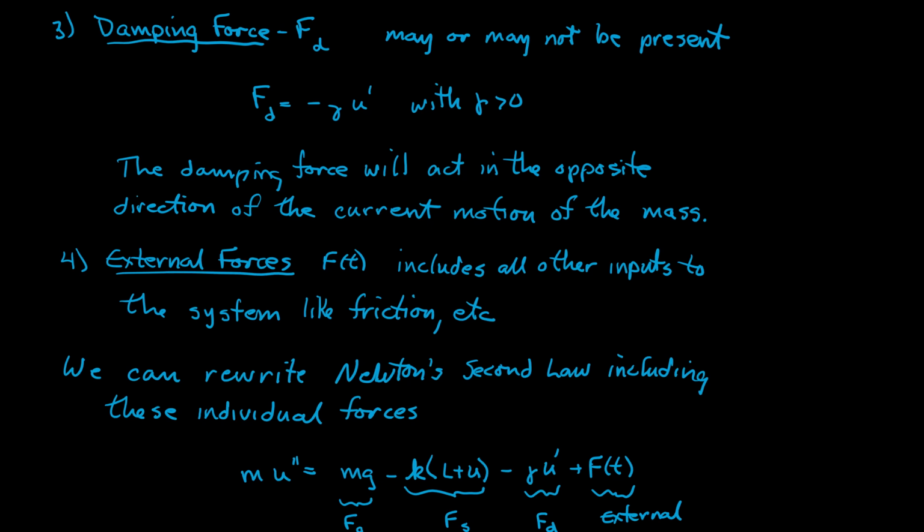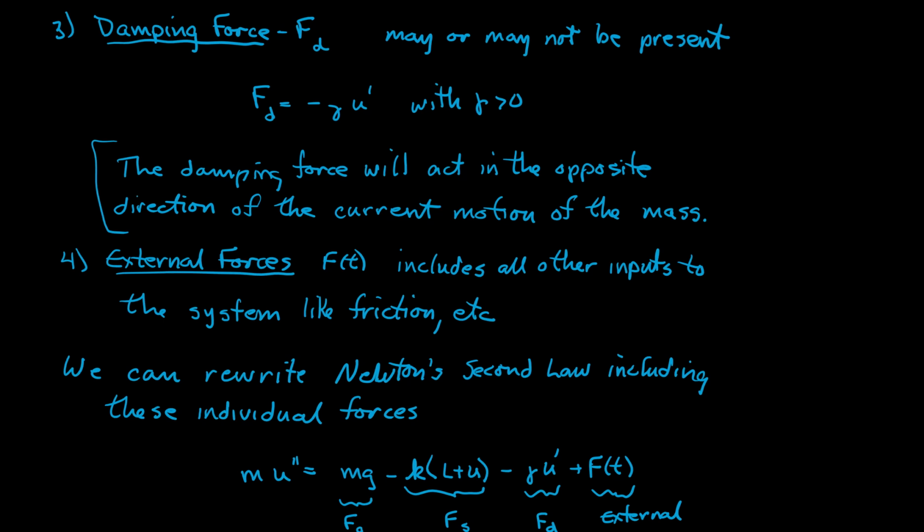The third force, and it's not a force that we're going to include in the first problem that we're going to look at here, is what's called a damping force. It may or may not be present. Okay, the force of damping is going to be, notice here, the first derivative times a constant, where that constant is positive. Notice we have negative times the constant times the velocity. It's very important to keep in mind that the damping force will act in the opposite direction of the current